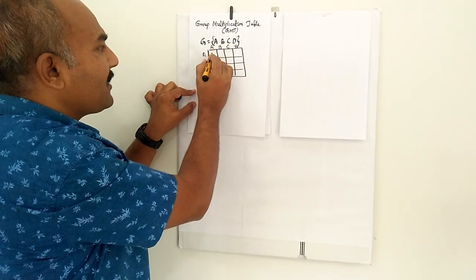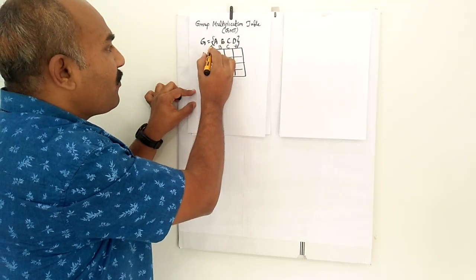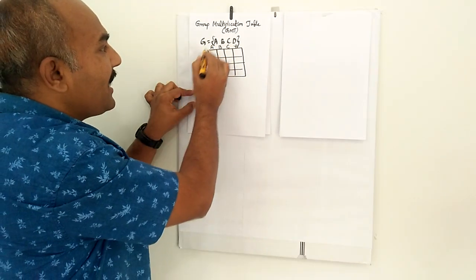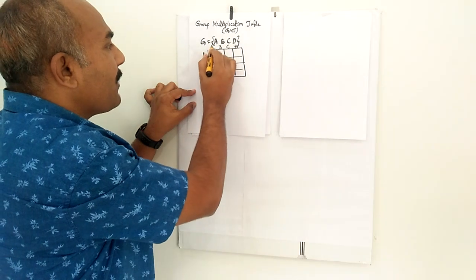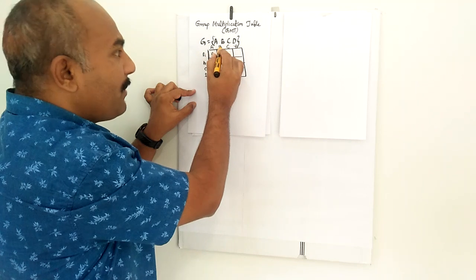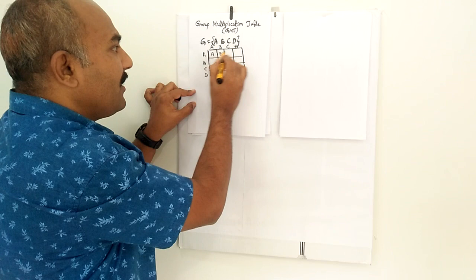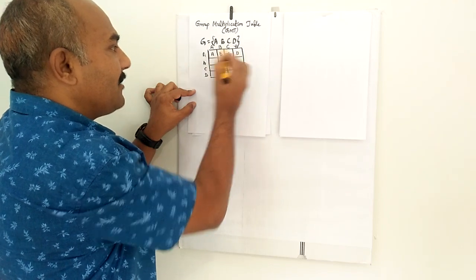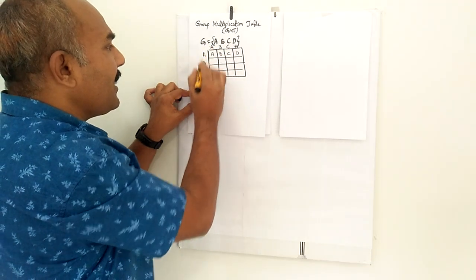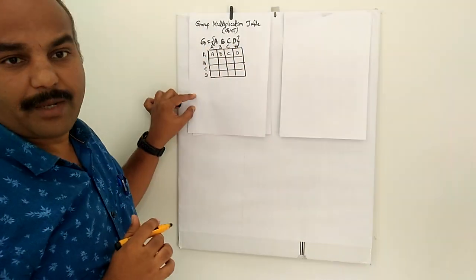Here the entry into the table is the product of the two elements which head that column and that row. For example, take the entry in the first box, which is obtained by the product of two elements, A followed by A. Suppose A is the identity element. Then A multiplied by A gives the same answer, A. Similarly, A multiplied by B, since A is the identity element, gives the same element, B. Similarly, here C and D. Similarly, when you go to the second row, you have to multiply B with A, B with B, B with C, B with D, and accordingly fill it up.